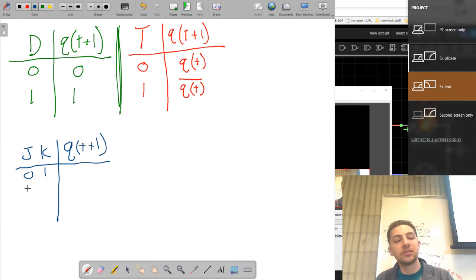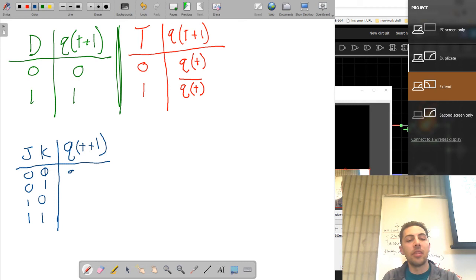Because JKs have more states. If you put in a 0, 0, that is a hold state. If you put in a 0, 1, that will give you a fixed 0. It's not related to what has happened in the past. You put in a 1, 0, that gives you a 1. And if you put in a 1, 1,